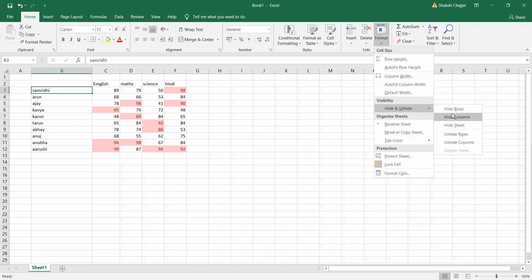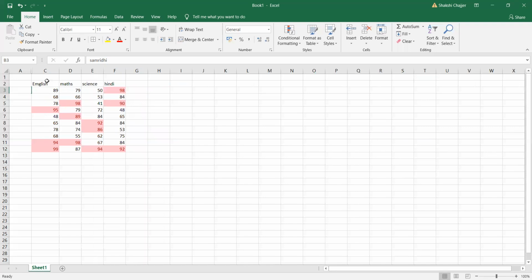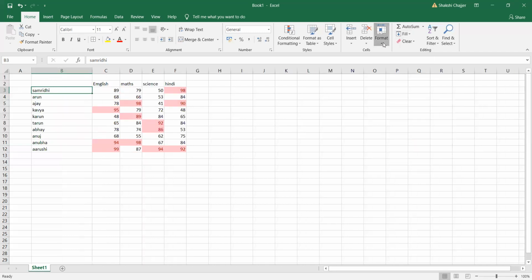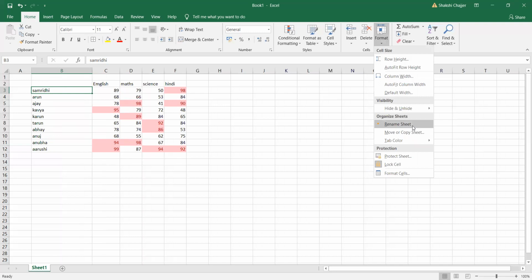But when you do that, you will always get this line which makes you understand that there is hidden content in this file. You have to understand how Excel works. Let's say you got an Excel sheet and the person told you I have shared the entire detail, and by mistake he forgot to unhide. Seeing this, you should know that there is some hidden content. So for that, you have to go to format and click on unhide column. This entire column.